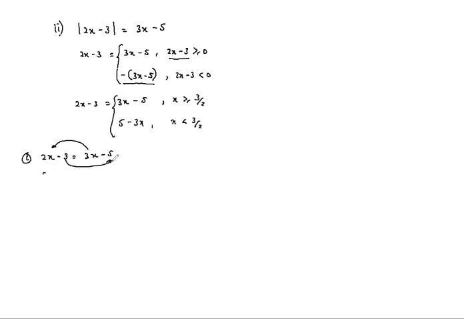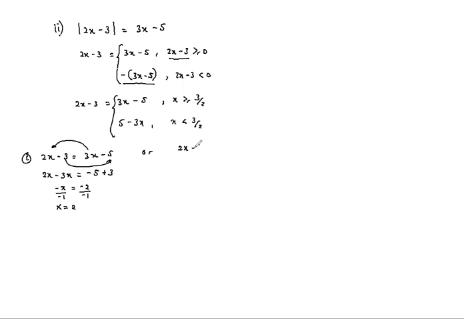So I'll have 2x minus 3x is equal to negative 5 plus 3. So 2x minus 3x, I get negative x. Negative 5 plus 3, I get negative 2. Divide by negative 1, divide by negative 1, I have x is equal to 2. Or